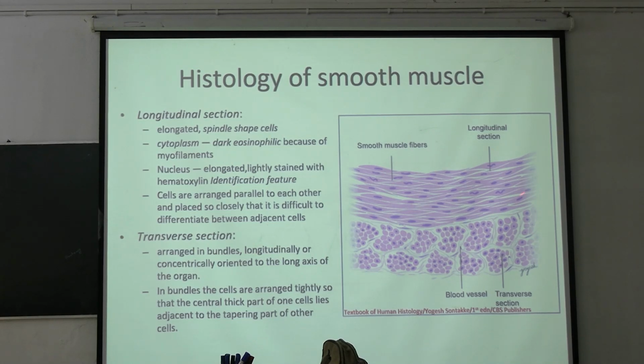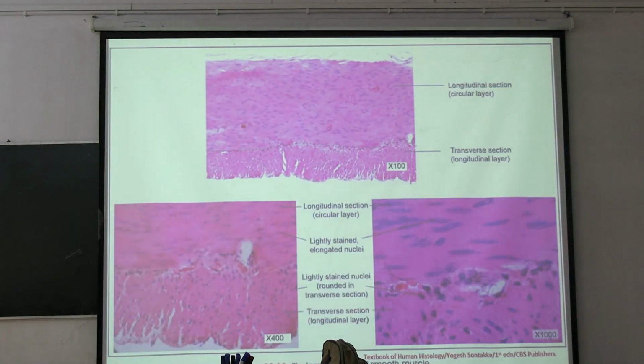These are schematic, diagrammatic figures, and these are the transverse section, how the muscle looks, and these are the longitudinal section. Now this is the picture of smooth muscles, longitudinal section, circular layers, transverse section. This is at 100x, this is at 400x, this is in oil immersion 1000x, light striated nuclei. Anyway,